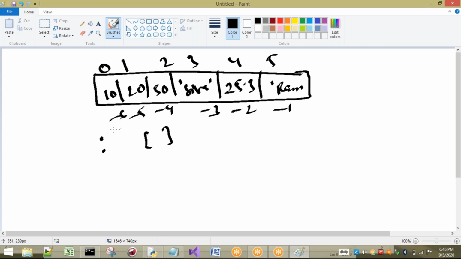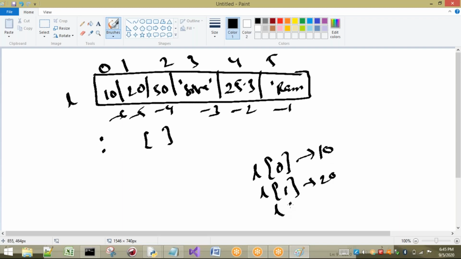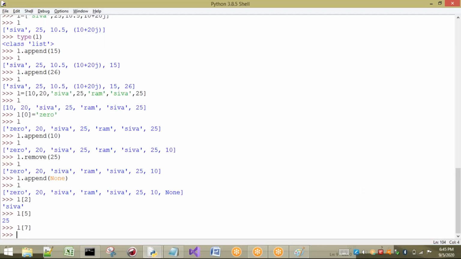If I want to access this value, 10, let us consider the name of this list as L. So L of 0, which value are we going to get? 10. In the same way, L of 1 is 20, and L of 4, for example, we are going to get 25.3. Let us see whether we get it or not. Here we already have a list of items.